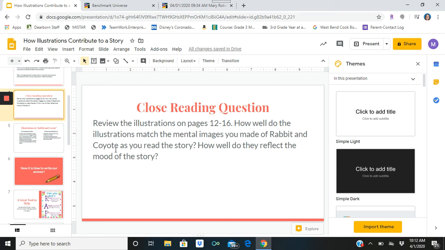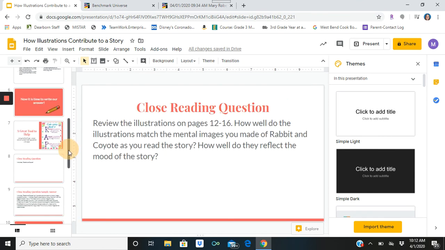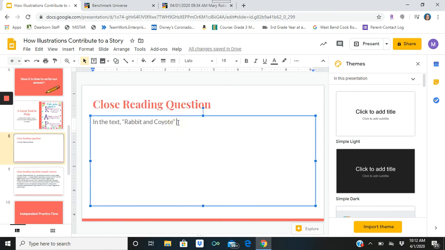So did our mental images of what I thought of Rabbit and Coyote match what the text showed me? It didn't. Remember, we talked about how different it was, and I have my proof here. So I'm going to go back and put that as my restating the question. I'm going to put in the text, Rabbit and Coyote, my mental images did not match the illustrations in